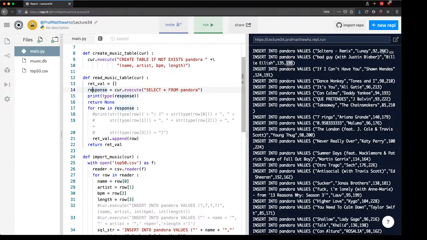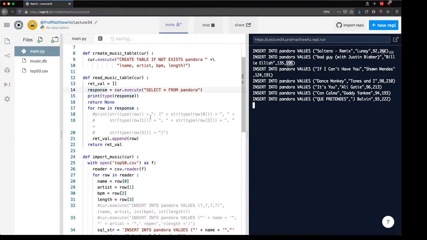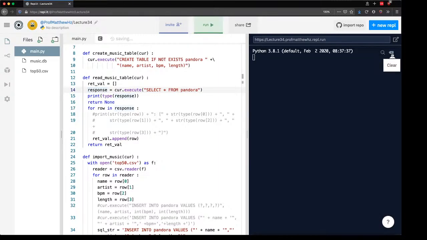What I'm going to do first is just print out the type of that response and then just end, so we can see very clearly what that response is. It decided it didn't want to work. There we go. When I run this, you can see that this response is of type cursor. Don't worry about the details too much. The bigger thing is that when we call a select statement, we're going to get a response. That's great. We can use this response much the same way that we can use a CSV reader